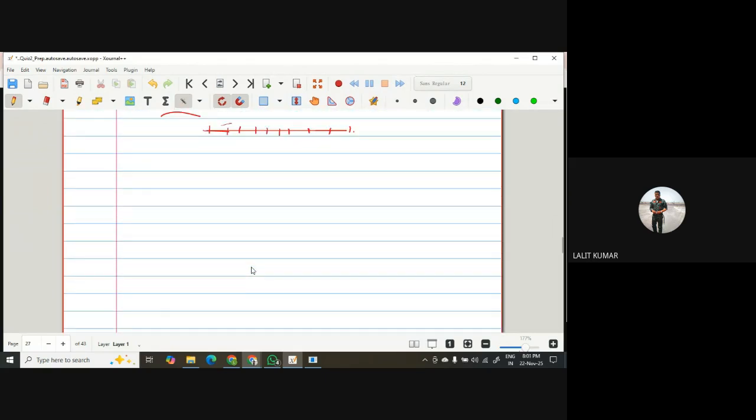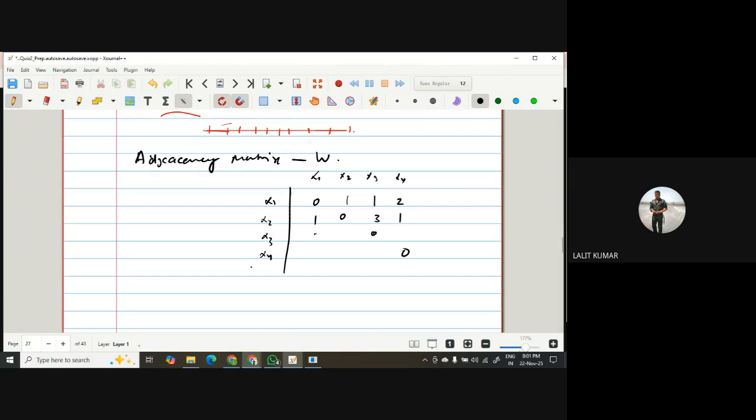Okay, what is a Laplacian? We have got, for example, 4 points. First, we make the adjacency matrix. We call it W. It is nothing but, for example, x1, x2, x3, x4 along the rows and x1, x2, x3, x4 along the columns. So the diagonal is 0, and these are the distances, the W's which are there. For example, 1, 1, 2, 1, 2, 1, and 3, 1.